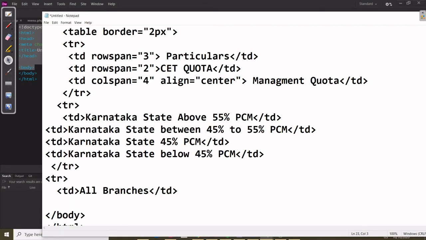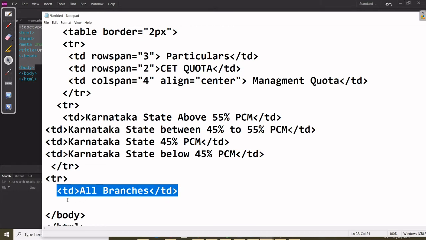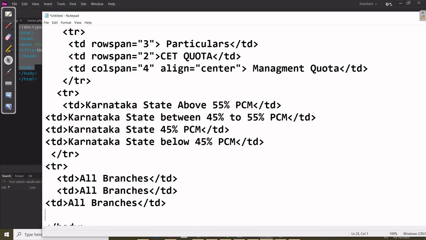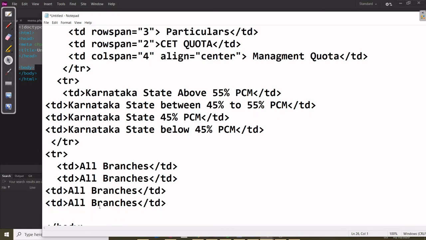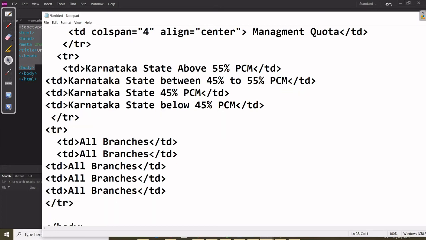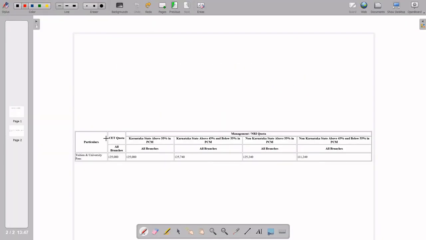Okay, and the same thing is 5 times, so we can copy paste 2, 3, 4 and 5. Got it? And close the TR here. Done. So third row is also over. 1, 2, 3, 4, 5 done.